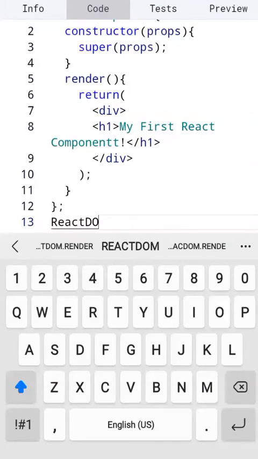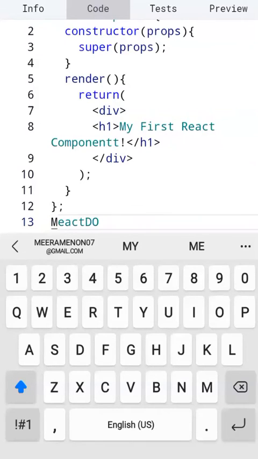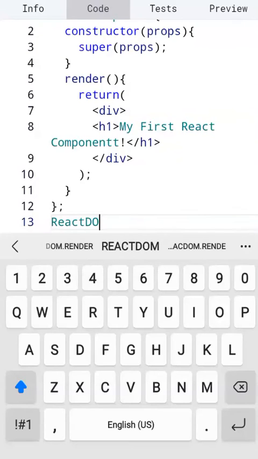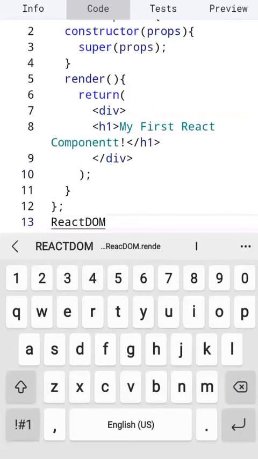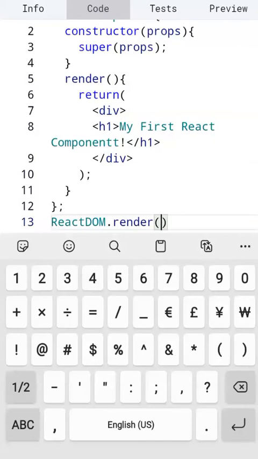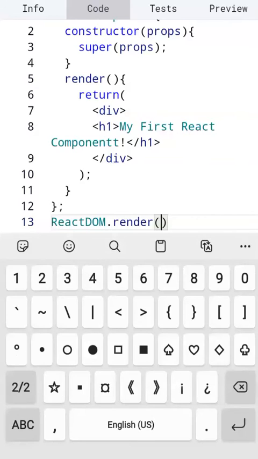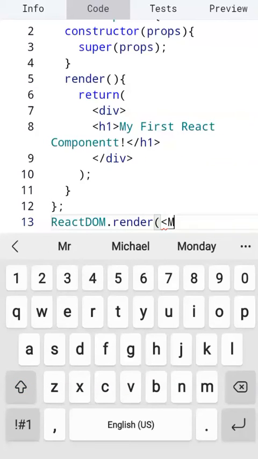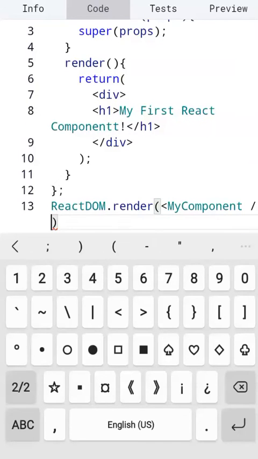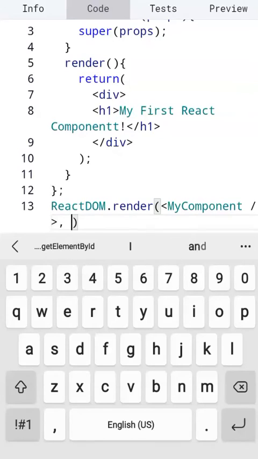Okay, so now React DOM, because you need to render in order to see the UI. So React DOM. Now here you don't have any child components, it's just one component. So React DOM.render, and then the arguments that you need to write. The first argument would be the name of the component, which is my component. In this case it's not an app yet, so just call it a component. So my component, and then comma followed by the second argument,